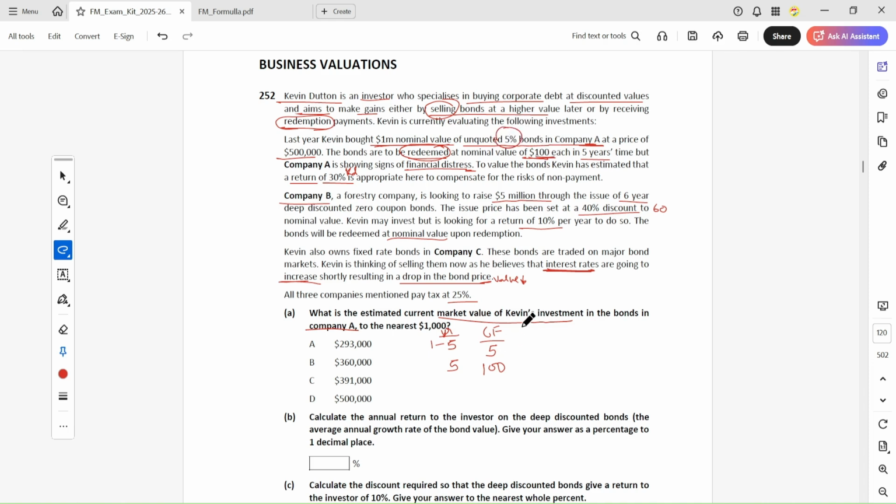Okay, so we need to calculate the discount factor, which is at the rate of 30%. So now, 30%, we have to calculate the discount factor. Okay, for this calculation we have to do